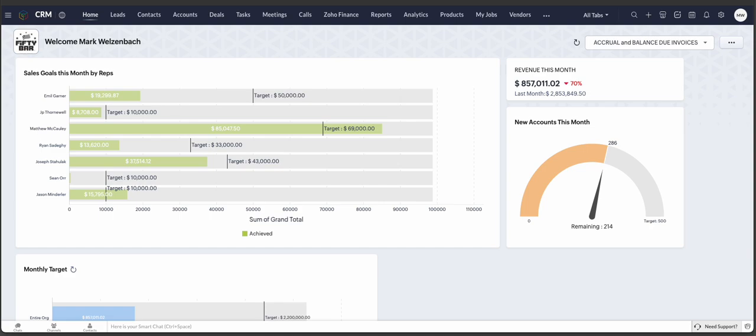How to view your dashboards. Probably the first thing you do when you sign into Zoho and you're in your CRM is see where you're at for the month or whatnot. You have all these other options up here for a bunch of other modules, but over here on the side,